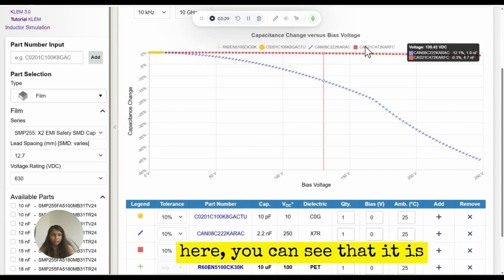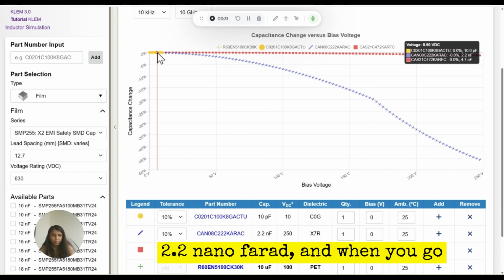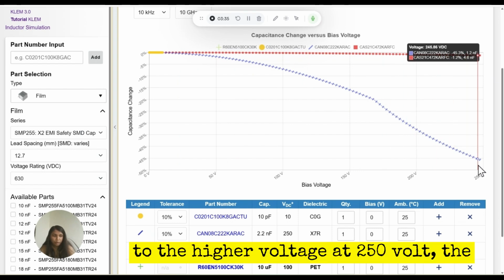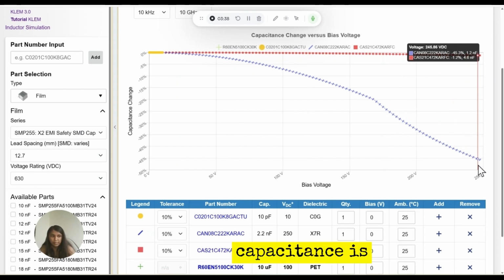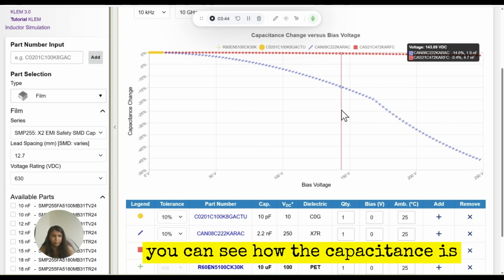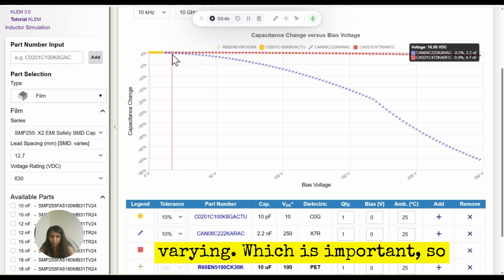When you go to the higher voltage at 250 volt, the capacitance is very high. It is 1.2 farad. So you can see how the capacitance is varying, which is important.